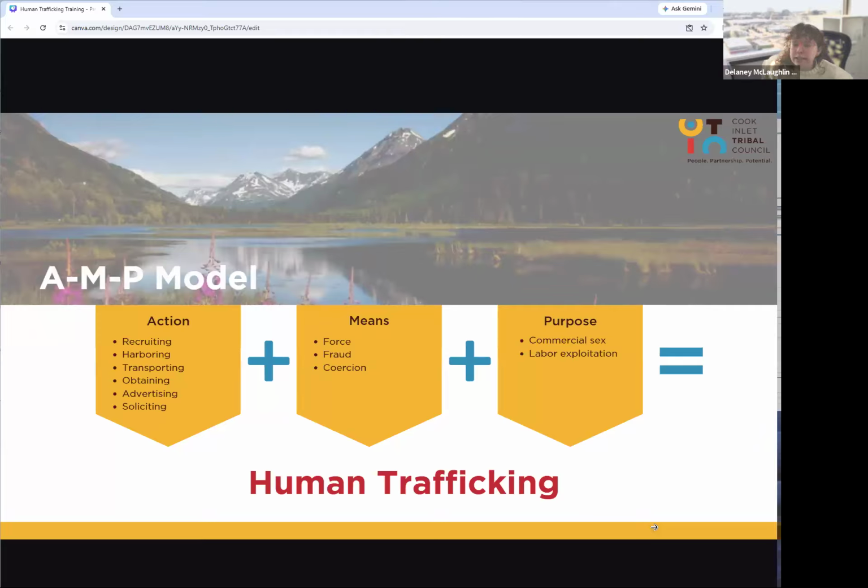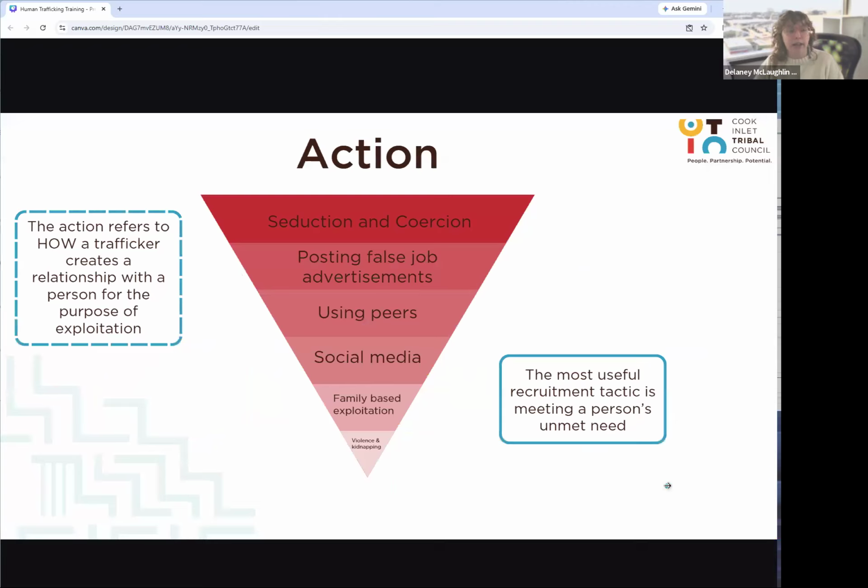We're going to dive into all three of those pieces to make them a little bit easier to understand. So the first one, action. That refers to how the trafficker creates a relationship with a person for the purpose of exploitation. Something important to note is the most useful recruitment tactic is to meet a person's unmet need. So a lot of times